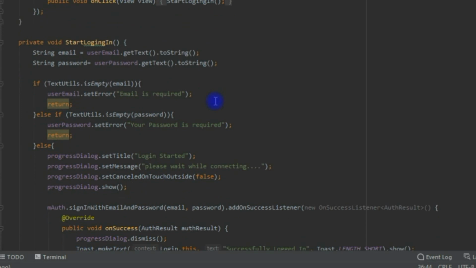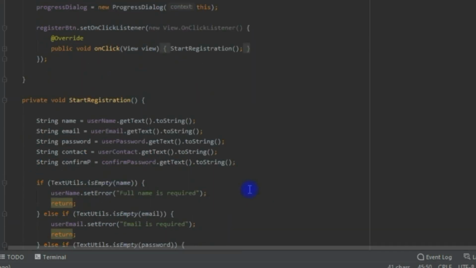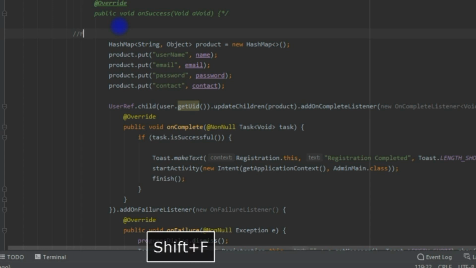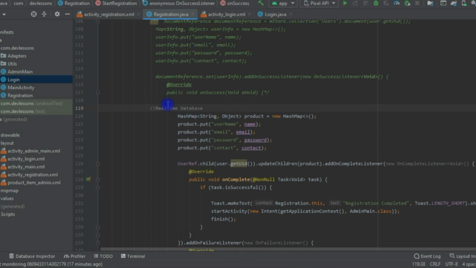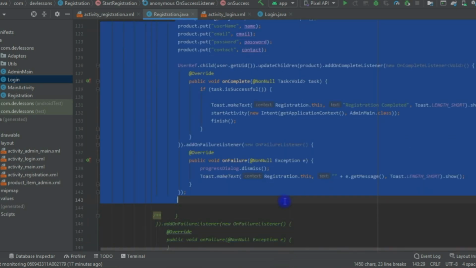So now I think everything, we solved the problem on our login side and on our registration side. So then on x86, as you see, in this part, I can say this part is for database. It's for real-time database. Okay, so you are saving to real-time database. Okay, so if you don't understand this, it's very simple. You can copy this hash map of the product. Okay, so because you copy this code, but there is no problem there. If you want, you can change